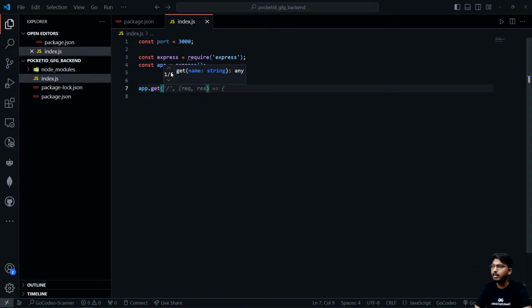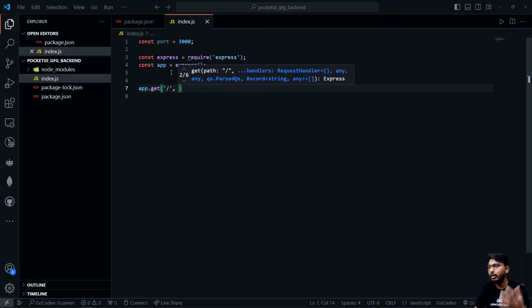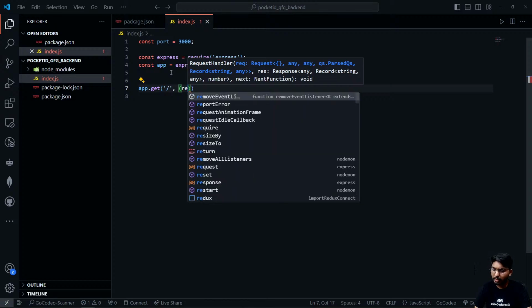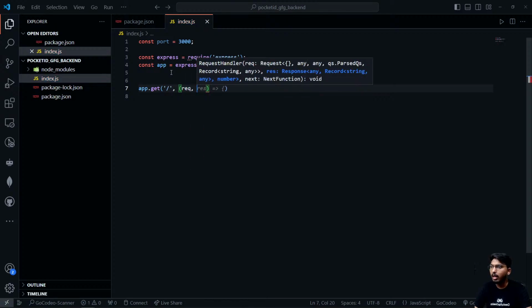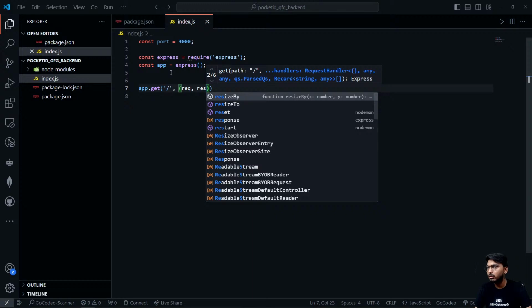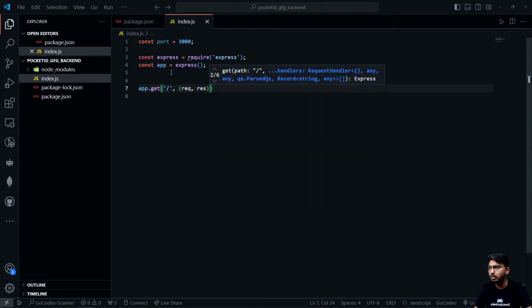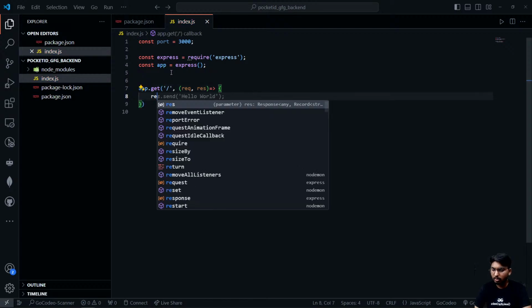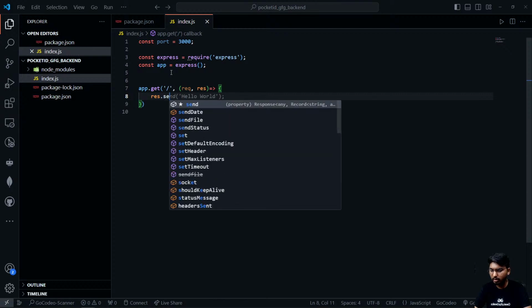Okay. Now inside this app.get, we are going to call for the entry point. This is basically the entry where it's going to start. Now what it's going to take firstly is a request, and then it's going to provide a response. Okay, so request and response. And right after this, it's going to pass us some response, right? So the response is res.send